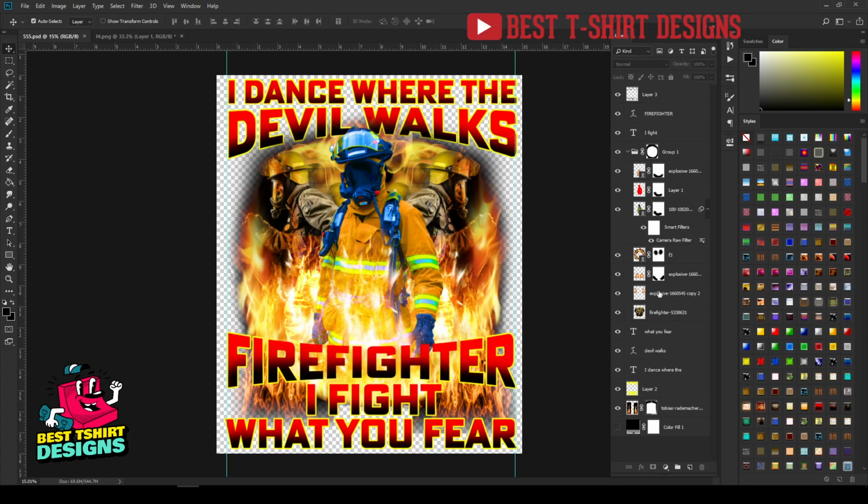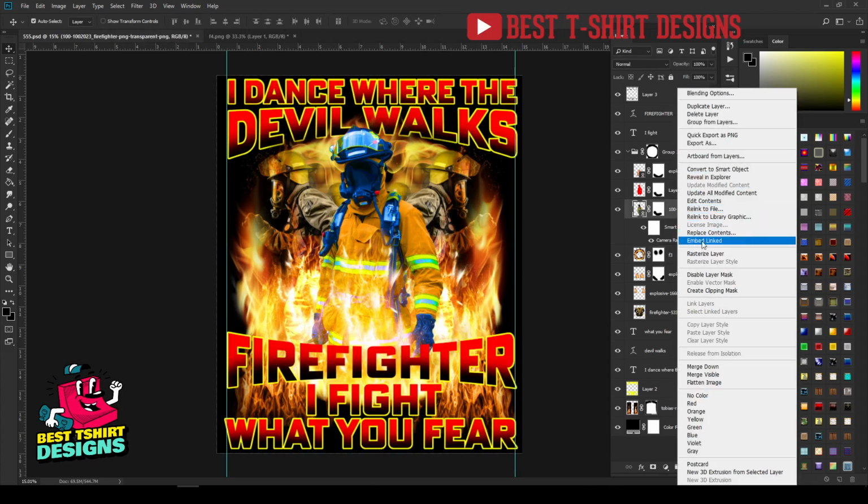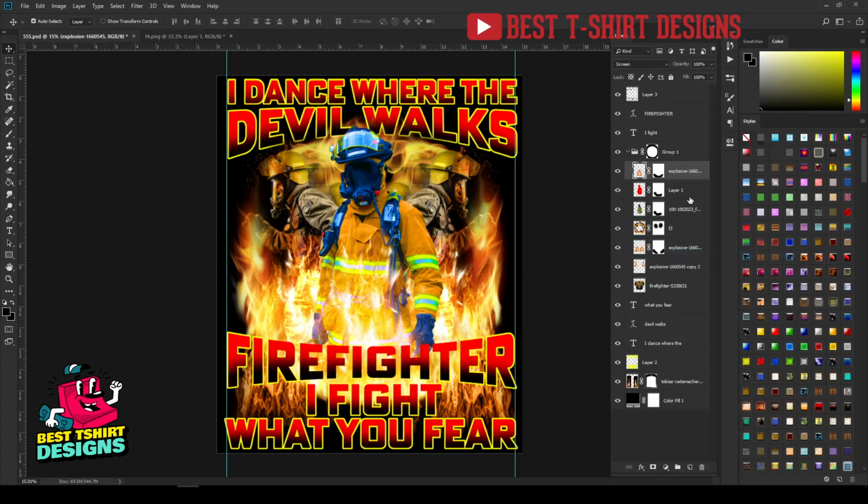And one more setting that I want to show you guys. If you want to work like this for a client, and if you want to send this PSD to someone else, you have to make sure there are no linked layers. You have to right click and rasterize every layer, otherwise if I send this to someone else, when they open this on their computer, these images will be missing. So make sure you rasterize everything, and that is fine.